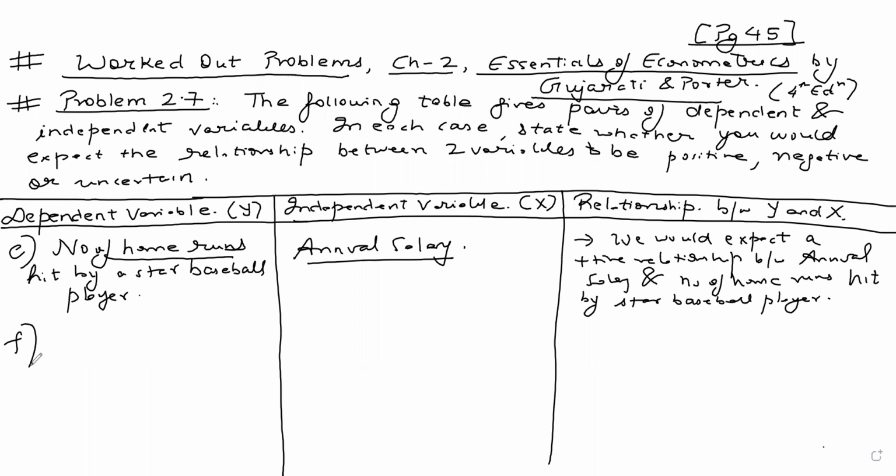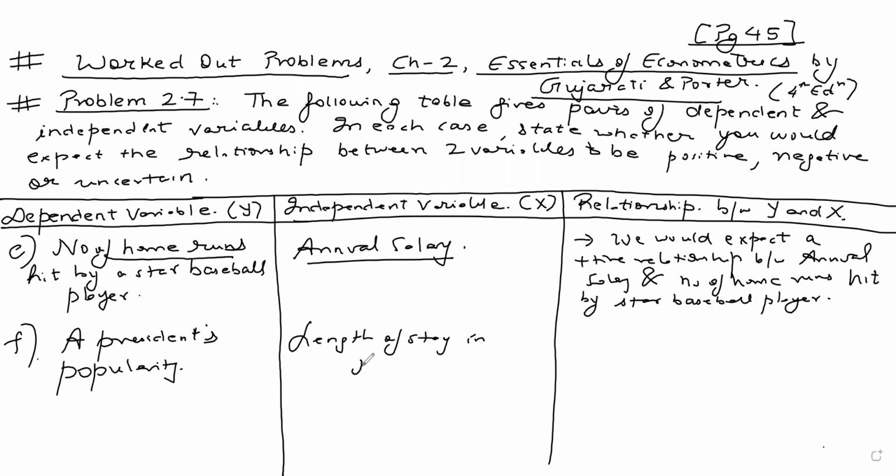So in part F, we have a president's popularity and length of stay in office. Now, there are many ways in which you can think about it. It's a political based question. So we can also say that the longer you stay in office,